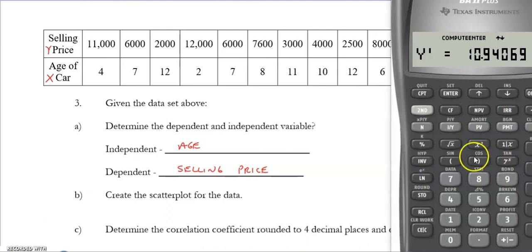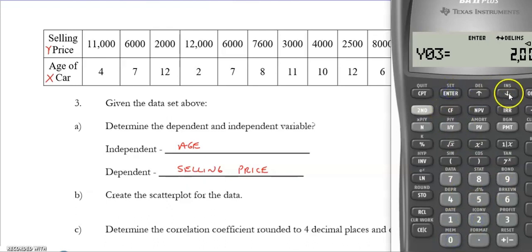So if I was starting this from scratch, I would go second data, second clear, and then I'd put in 4, enter, and so on and so forth. If you overshoot, you put an extra 0 or a different value here, if you use this arrow button, it'll scroll over so you don't have to clear and re-enter the data. And then you hit enter, scroll down, 7 years, 6,000, enter, 12 years,